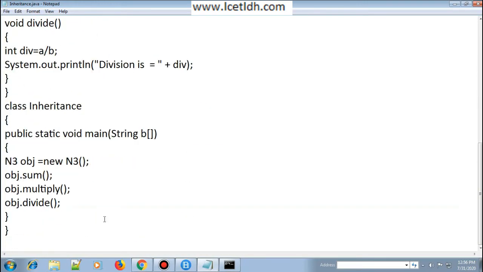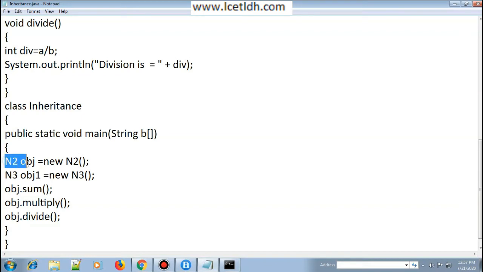So in this case, instead of one object, you have to create two objects, one for the class n3 and another for the class n2. Hope this is clear to you. You have to make two objects, one for n2 and one for n3, because n3 doesn't carry the properties of n2.